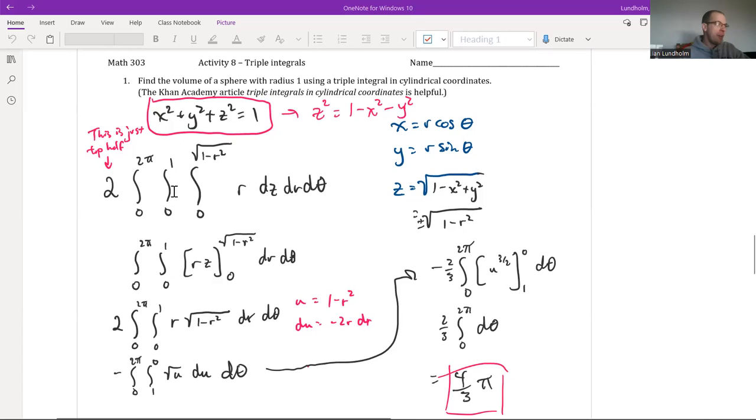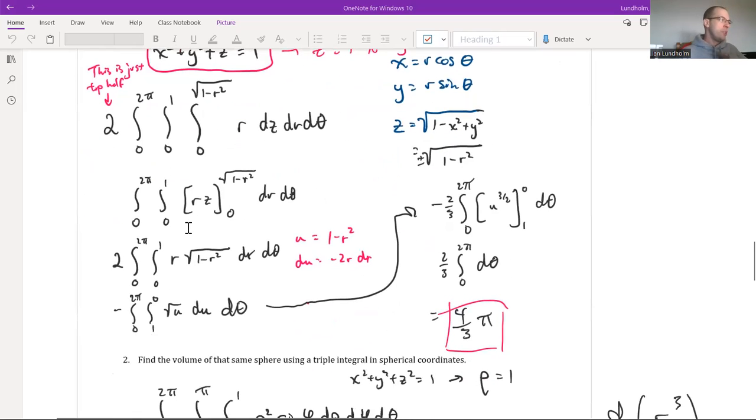0 to 1 on the radius because we're working with the sphere of radius 1, and the shadow of that sphere in the xy plane would be a unit circle. And again, since it's a unit circle, theta is going to go from 0 to 2 pi. Once you have that done,